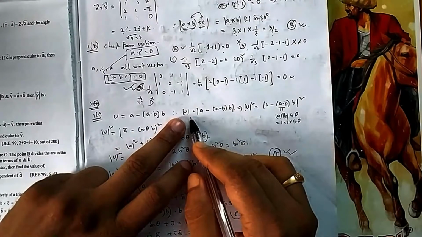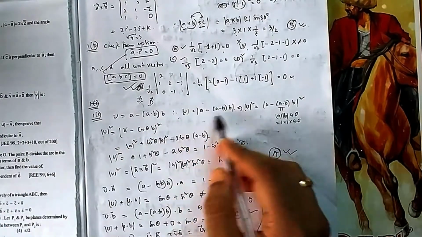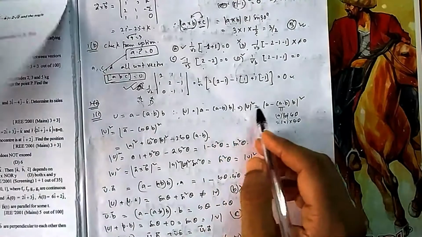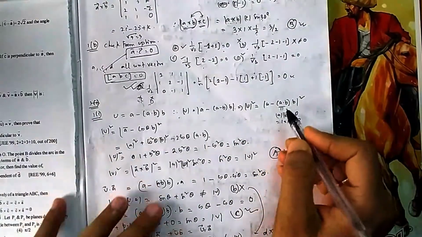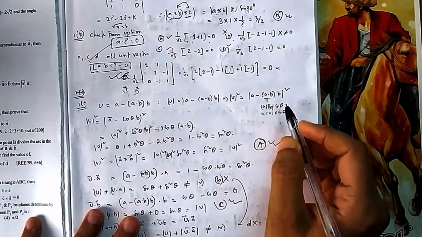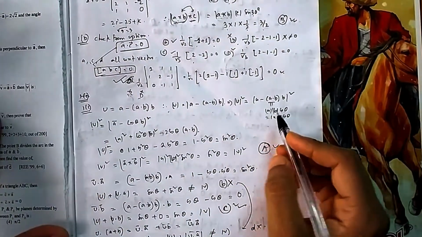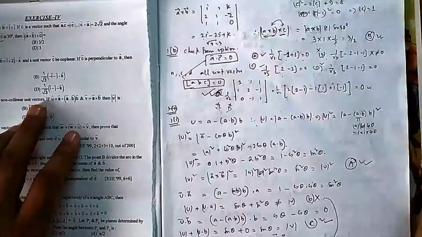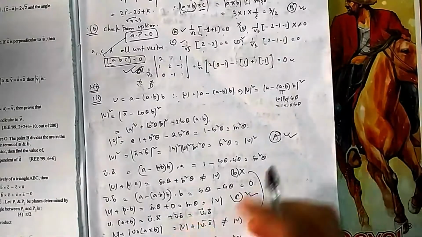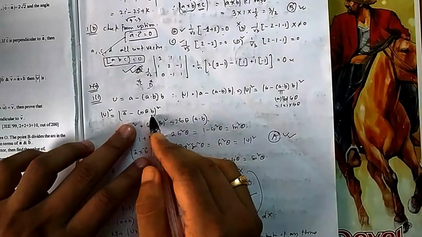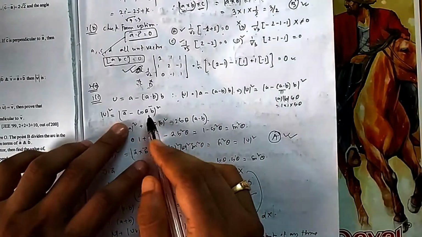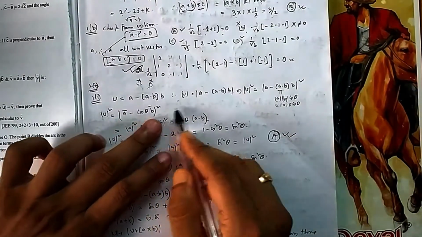If I take the magnitude of U squared, that will be actually this squared. And what is this squared? You can take it this way, A minus B dot A minus B. And what is this value? A dot B: A and B are both unit vectors, so the magnitudes are 1, and the cos theta comes. So it will be A minus cos theta B vector whole squared. Whole squared means it is actually A minus B dot A minus B.